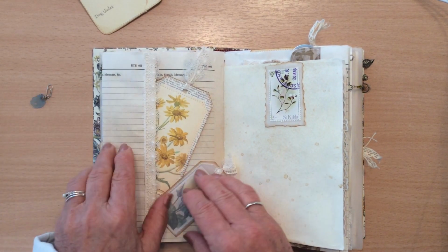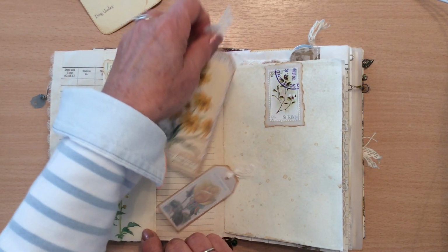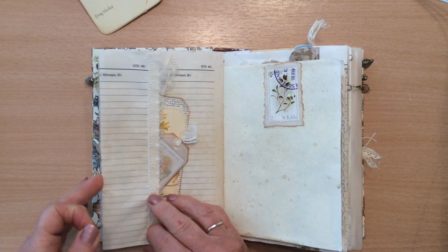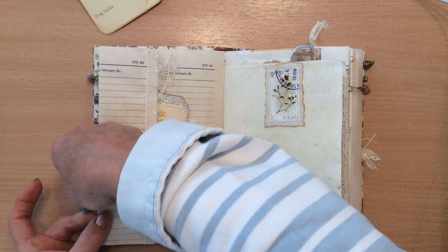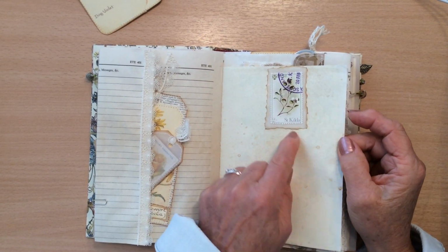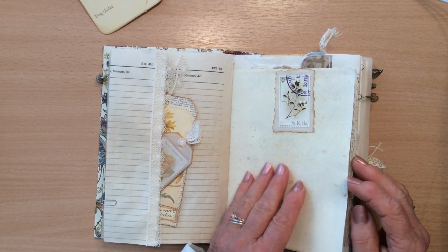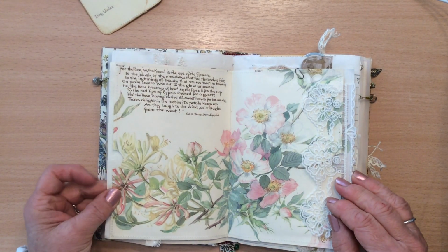Then a stamp on some raw silk, and then some more stamping onto linen with raw silk behind it. This is just a flip out, hiding a pocket, layered up here, a tag, and another one of those tea cards, and they just go in that pocket there, and it's just held shut with the tiny paper clip. And shut that up. A stamp that has been stitched onto some ink stained vellum. The paperwork in here is all coffee stained and sprayed, so it's more of a grungy look than I normally do. An Edith Holden page,